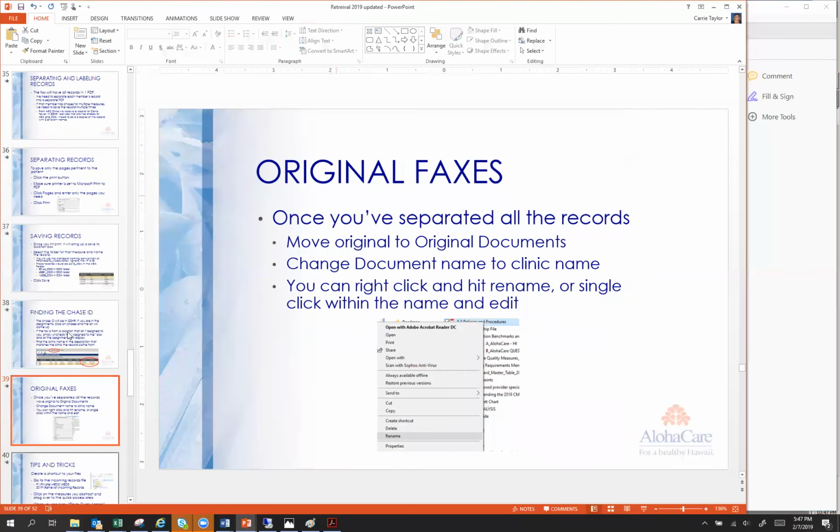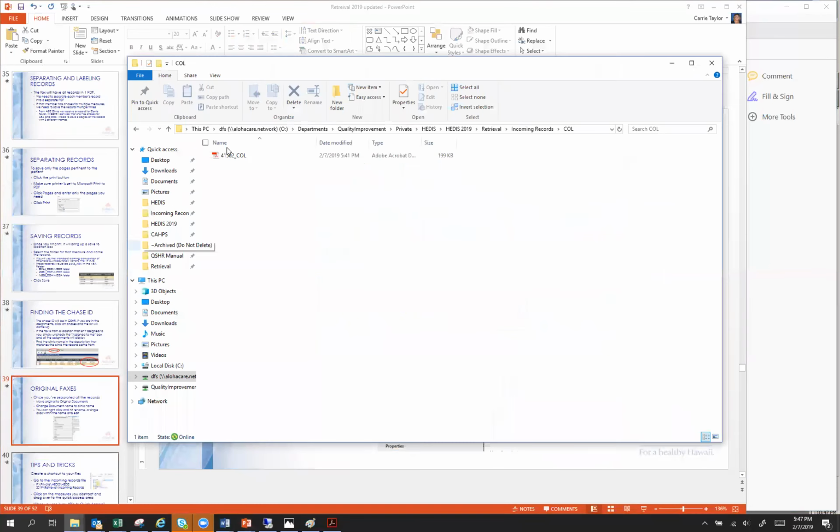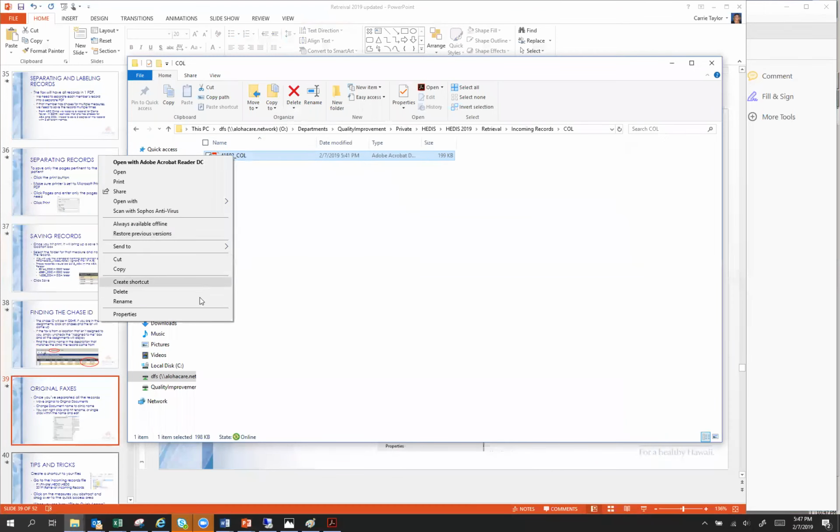Okay, once you're done with the original fax, change the document name to the clinic name. So here, let's say this is the original, right? If I right click, I can hit rename,